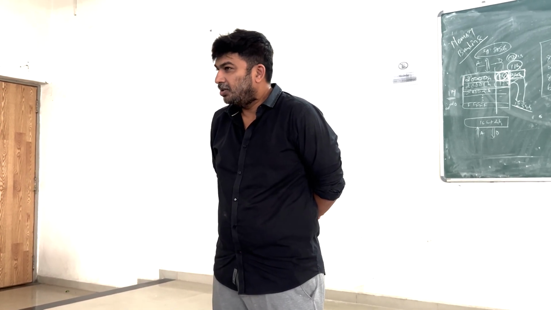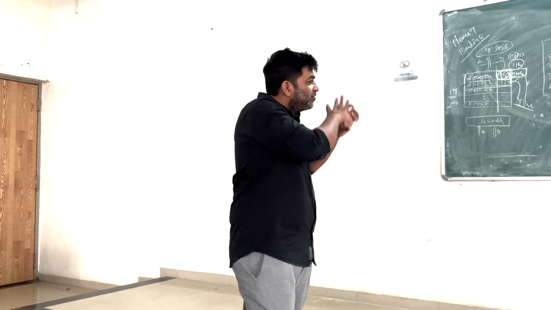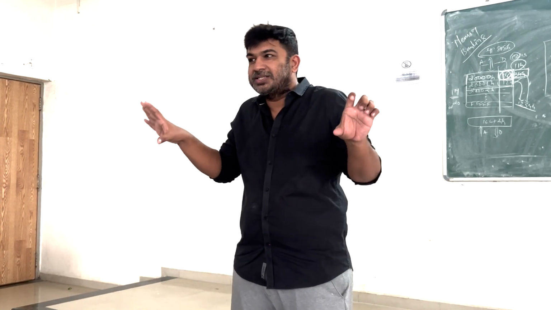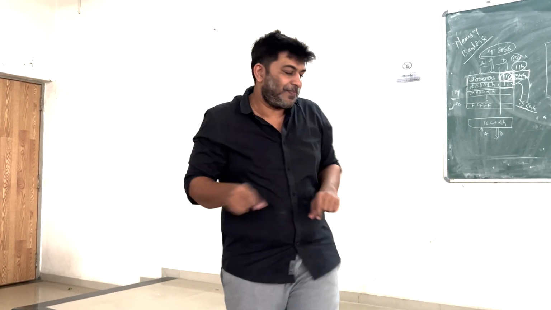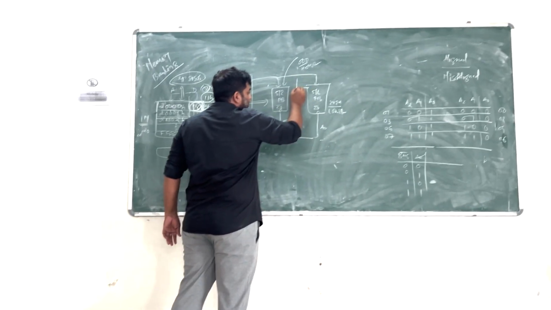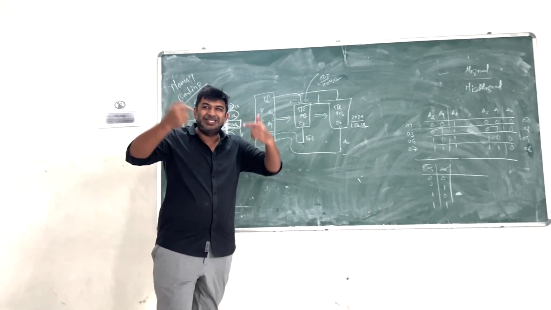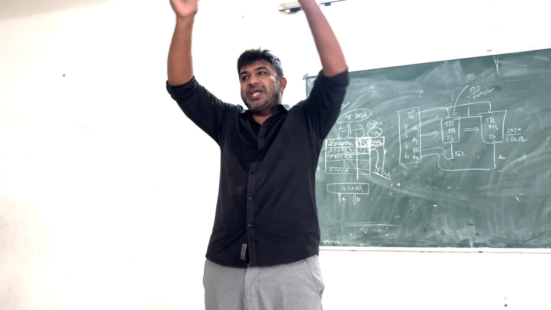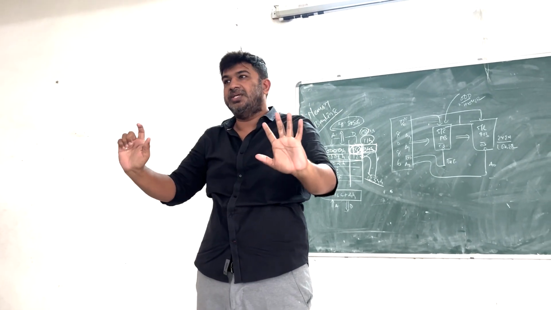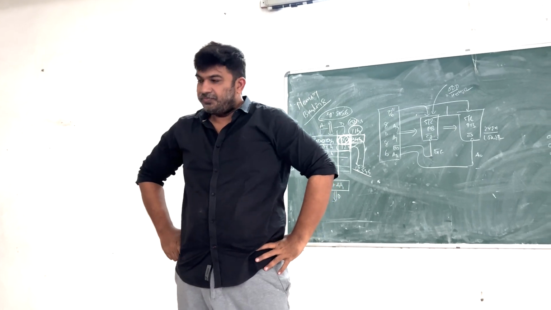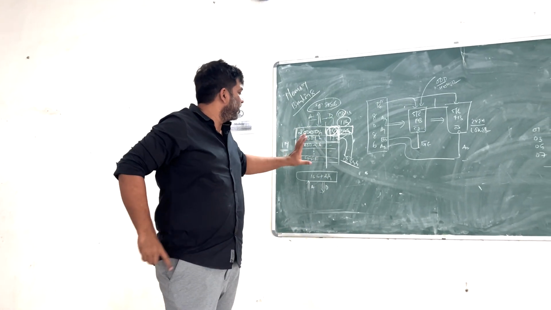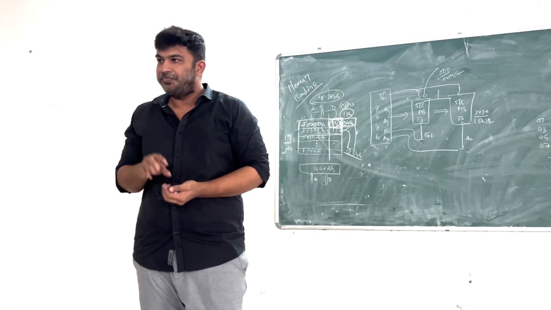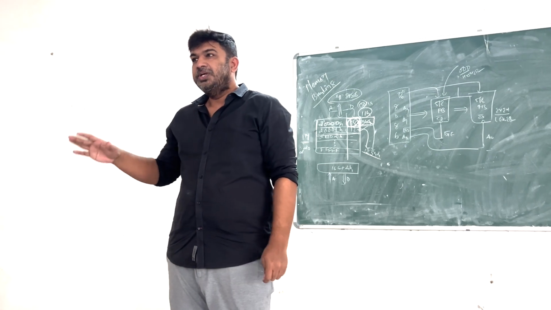Clear? So for that purpose we have divided our memory into 2 parts. If I pass a single address, that single address will access data from here also in the same clock pulse, because there are 2 different chips, and then the 2 data will get combined to make 16-bit data. So that is how your memory banks will help you out. Okay? Is the problem clear?